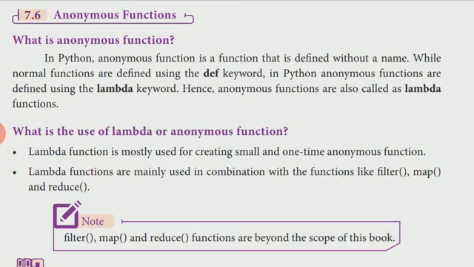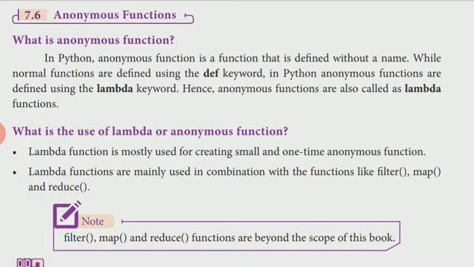Now we can see anonymous function. So first, what is an anonymous function? It is a simple function which has a keyword. Generally, in previous functions you have to write more than one line of code. But here, in anonymous functions or lambda functions, you are going to write a function in a single line.